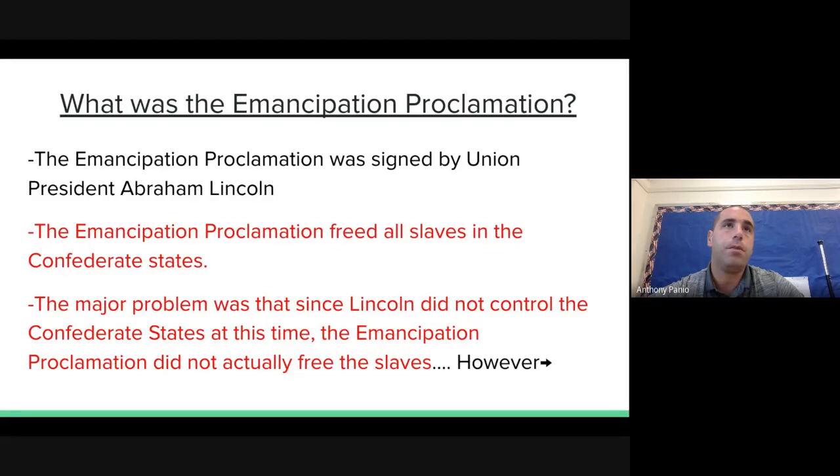But Lincoln is a really smart guy. I'm going to give everyone another 30 seconds to copy this down. If you're not done, you have to get it later. Lincoln is actually a really, really smart guy. He understands that the Confederacy is not going to listen to him. But he's being a little bit manipulative, and he wants to try and do something. And for us to figure out what he really wants to do, we actually have to read the text of the Emancipation Proclamation to figure it out.